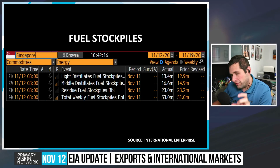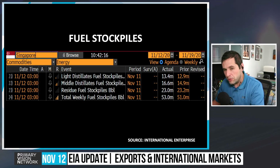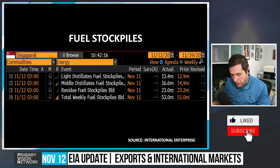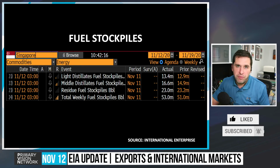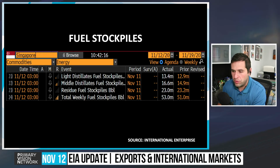Now, again, coming back to refined products and what does that mean? Here you can see that total Singapore storage is back to all-time highs, really being driven by middle distillate. Middle distillate continues to build. We had a big build in light distillate. And when we look at Asia in general, the question is now, well, how much is actually being drawn down in some of these areas as we continue to see builds overall? And this is pointing to some bigger issues when we look at Asia as a whole, the whole continent,